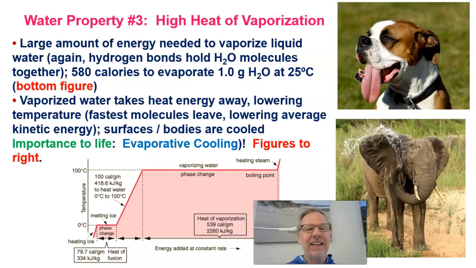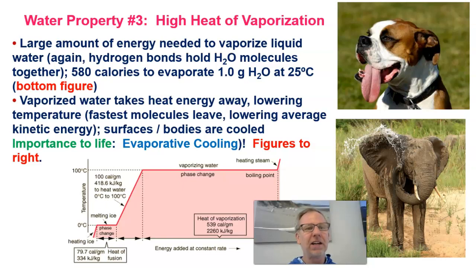And once again, it has to do with the hydrogen bonds. These properties keep coming back to water's polar properties and how the water molecules form hydrogen bonds. So the hydrogen bonds are holding the water molecules together. They're like little pieces of Velcro. As a matter of fact, it takes 580 calories. That's a lot of energy to evaporate or vaporize 1